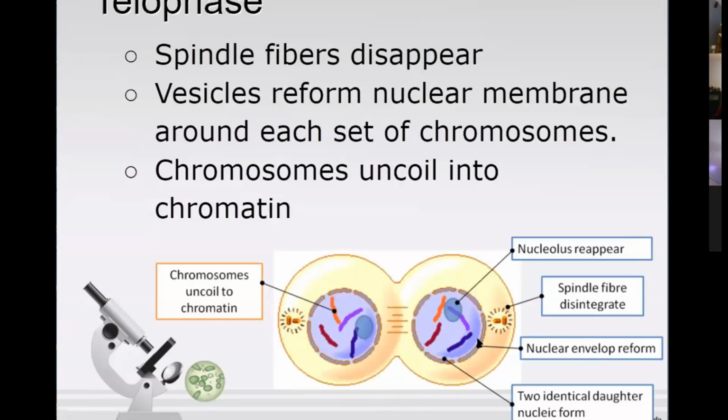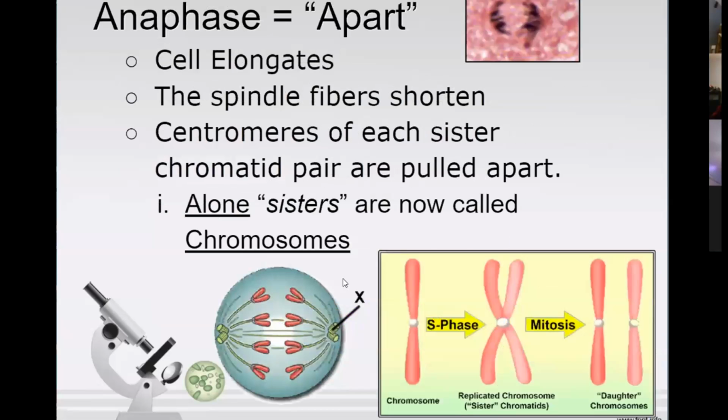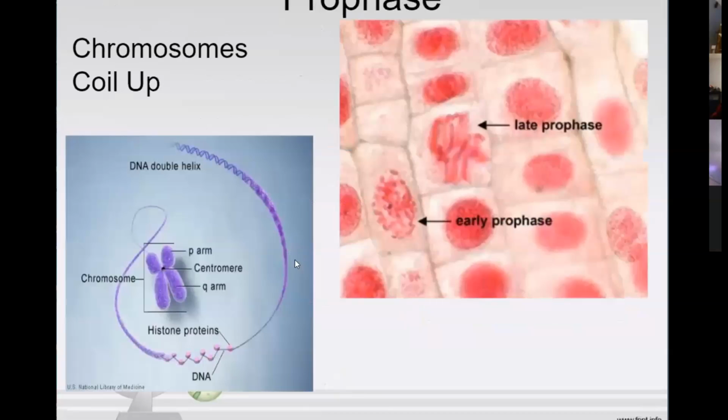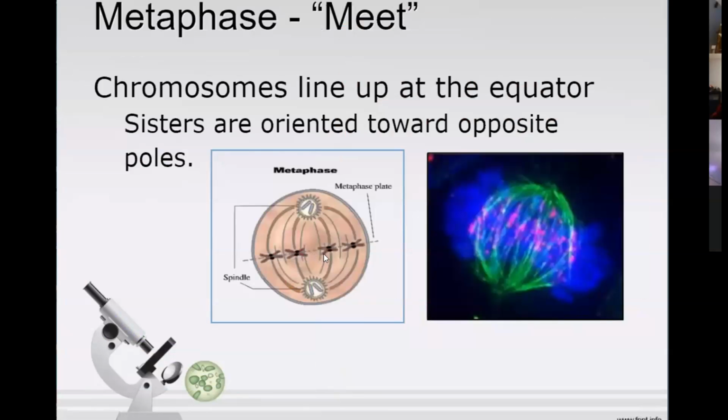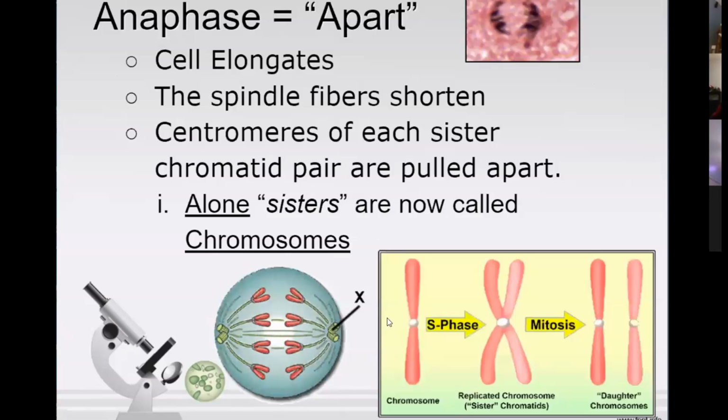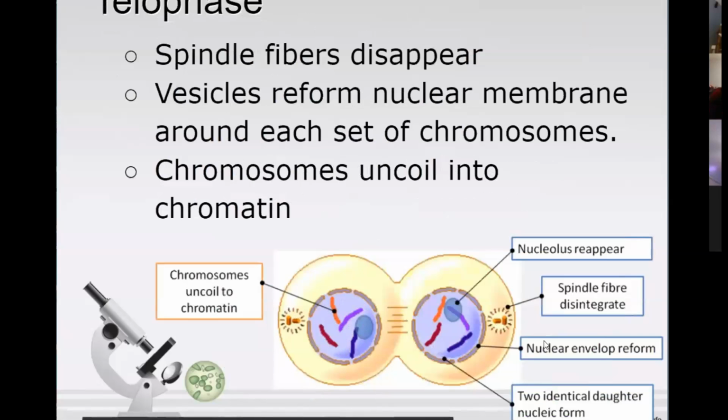What do you think? Notice my example. I've been using 4 chromosomes through this whole thing. 4 chromosome splits. 2 daughter cells each have 4. Okay,